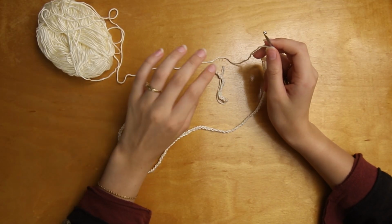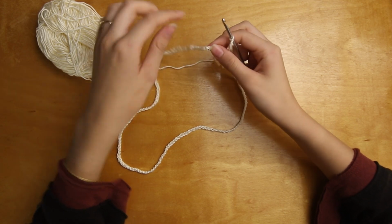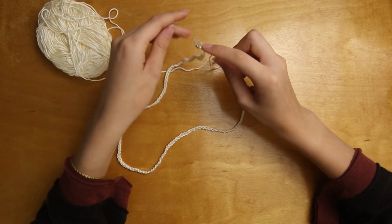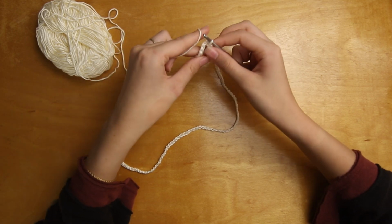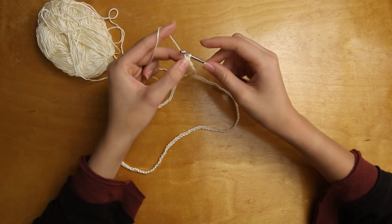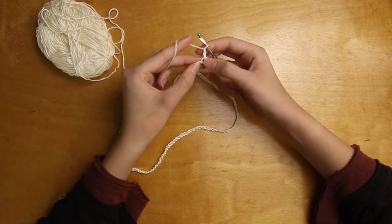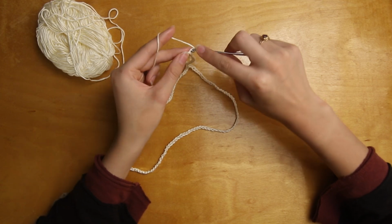Alright, so once you feel that your chain is at an appropriate length, you're going to go back to the first chain that you made, and you're just going to make a slip knot. And this is going to connect the 2 sides so that you have a complete circle. Once you've done that, you're just going to chain 2, and then you're going to do a double crochet into that same stitch. So wrap the yarn, go through the hole,